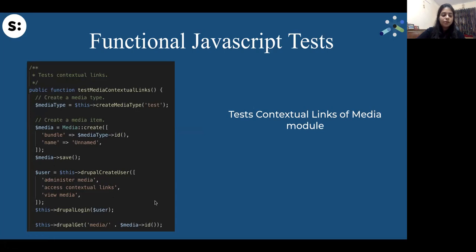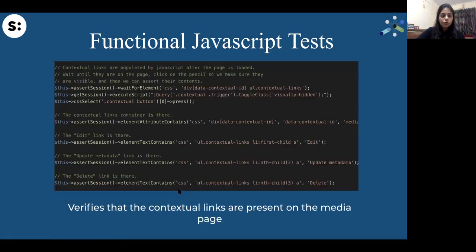I'll log in with that user and navigate to my media page. Here I'm checking that the contextual links are present, and these contextual links are populated by JavaScript after your page is loaded, and hence we need to write functional JavaScript tests here. Your functional test won't work here.